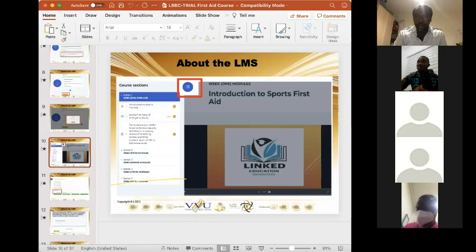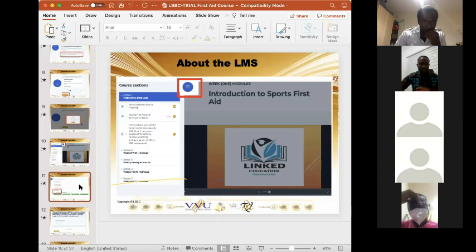We're reminding you that our lessons are categorized in modules. Every week, you will take a particular module, and when you complete it, you're able to move on to the next. Once you are done with week 1, module 1, you come to the navigation bar highlighted in square red, you click on it, and it takes you to the next module you're supposed to complete. Then we can move to the next slide.